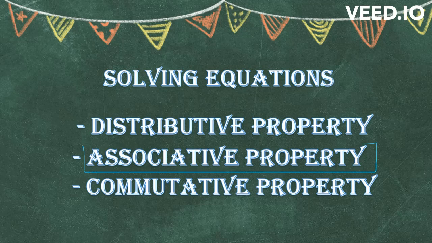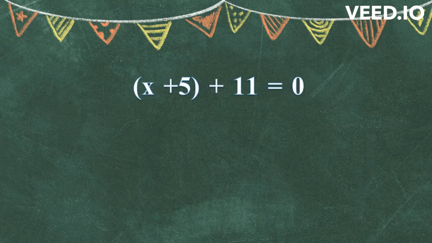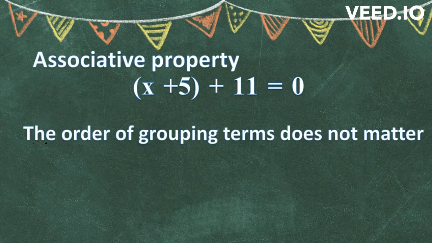Let's learn what associative property is. We have an equation here: (x + 5) + 11 = 0. The associative property says the order of grouping terms does not matter,